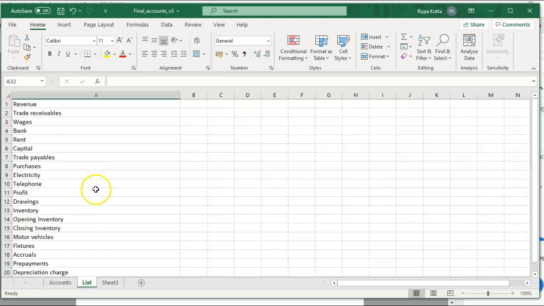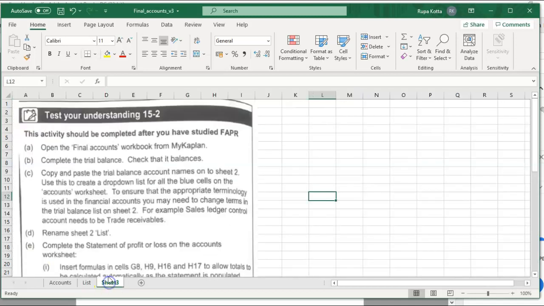So this is your list, and you can see revenue, SLCA is called trade receivables, PLCA is called trade payables, etc. The list is already given to you, and this is the list of items we will be using to prepare your financial statements.